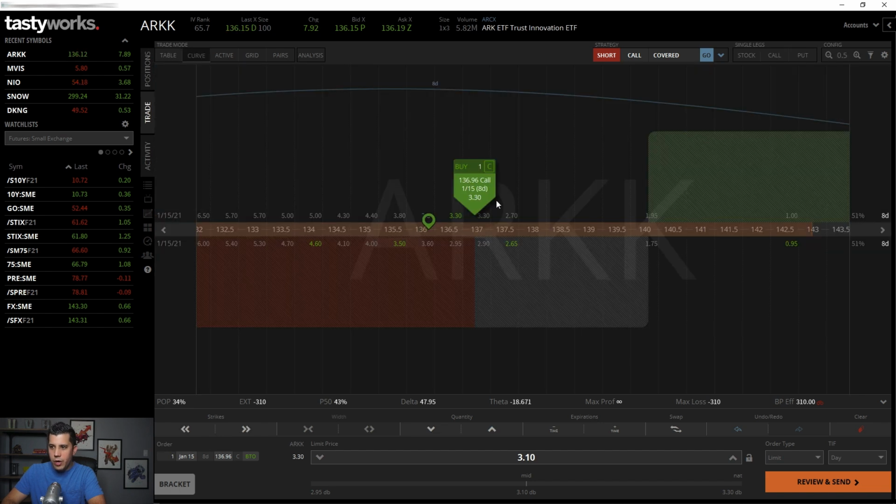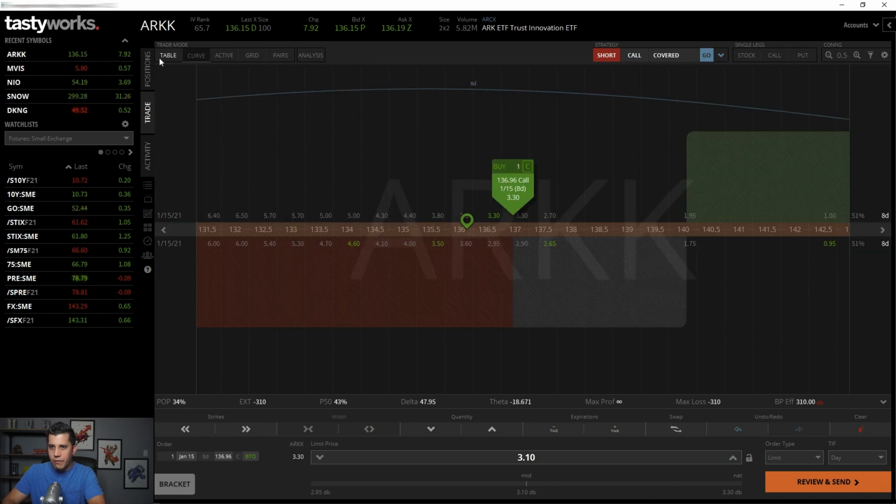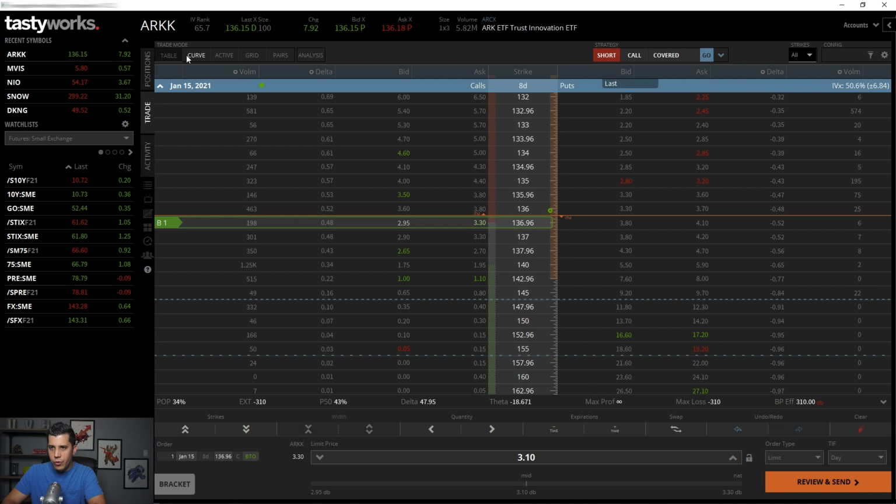They have the curve screen because a lot of times people get confused with the table screen. If you're new, sometimes you need it. For me, I'm a very, very, very visual person. I want to see it. If I can see it, my brain will make a decision very quickly, if I can see what that trade potentially can do, which kind of leads into the next area,